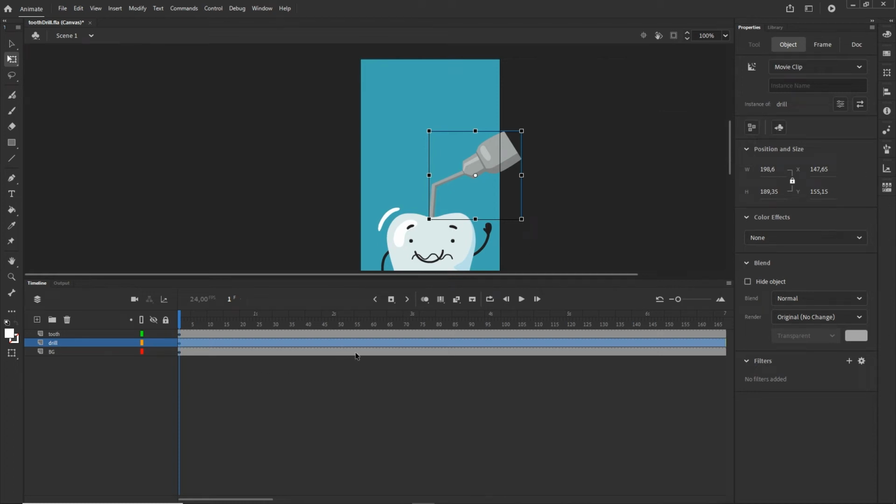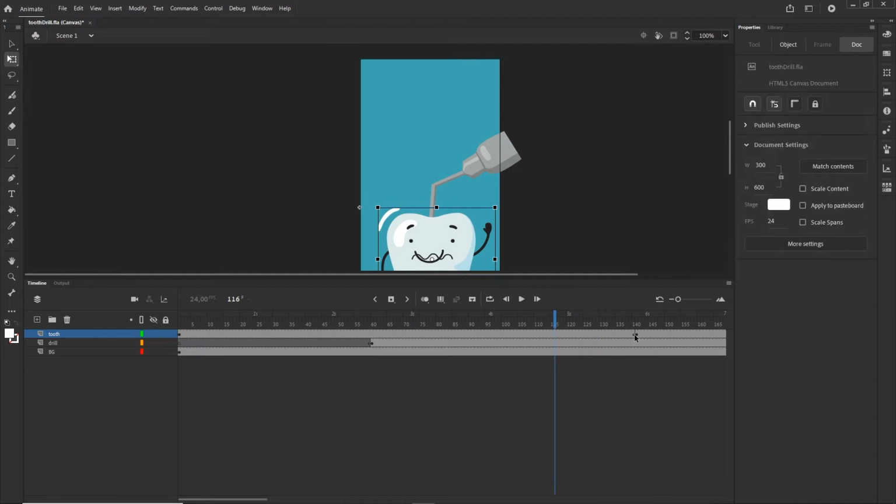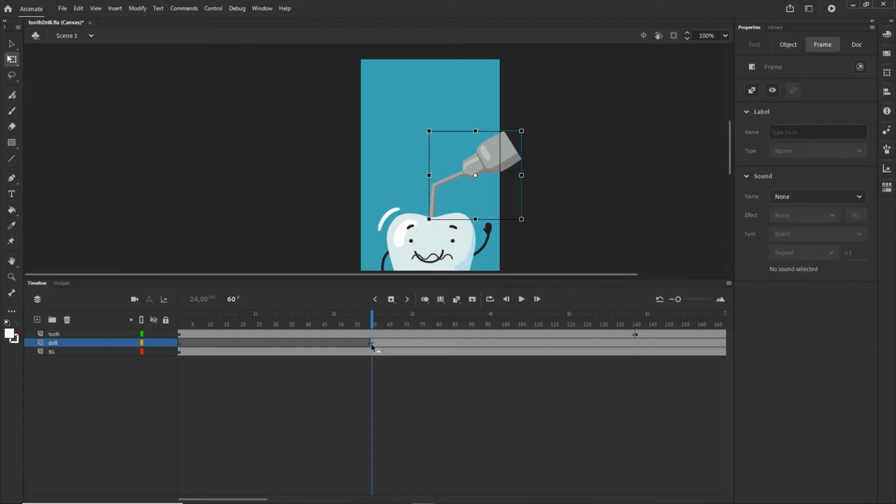And now I will go to maybe frame 100, or I will do it like this. I will get this first keyframe, and I'm going to position it to maybe frame 60, I don't know, and then I will go to frame 100 and I'm going to create a new keyframe, so F6. So we are going to have the same keyframe in here and in here, and I will go to the first keyframe, and with shift and arrows I'm going to position this up like so, and I'm going to create classic tween. So I'm going to right click, create classic tween,